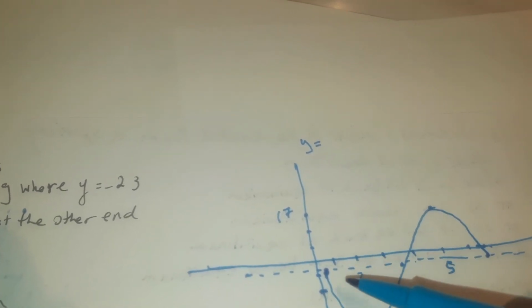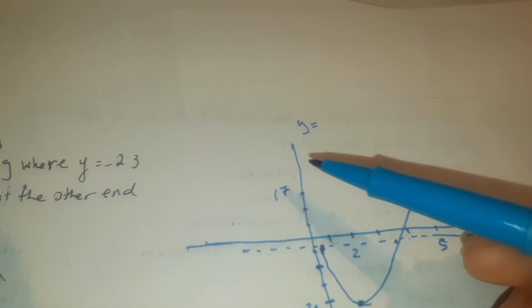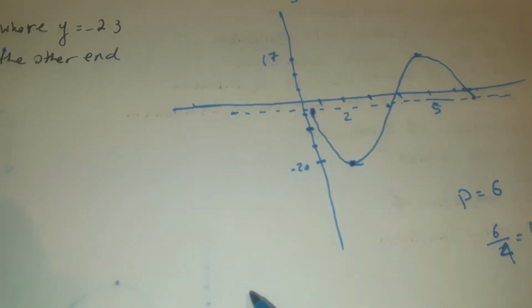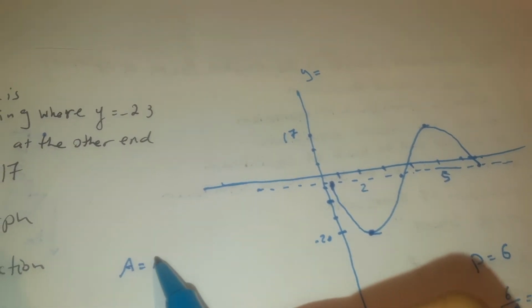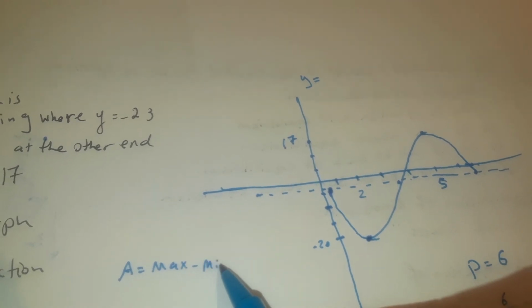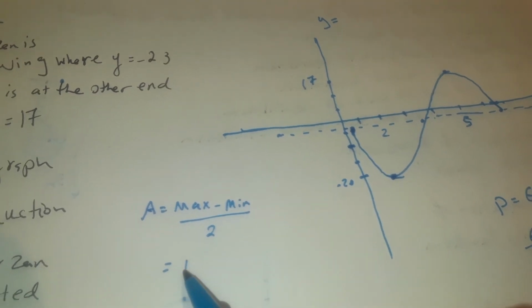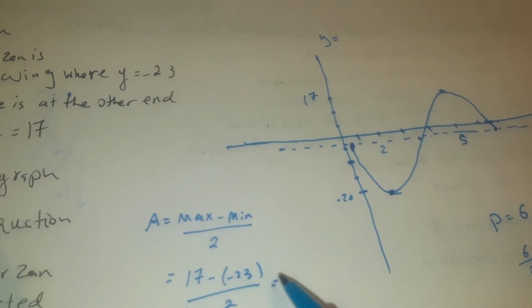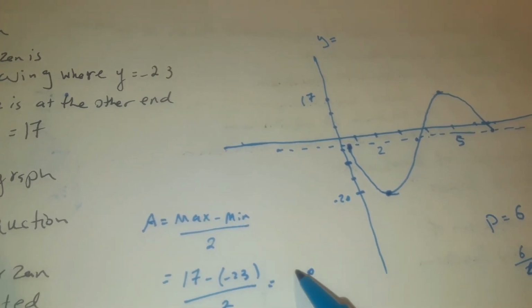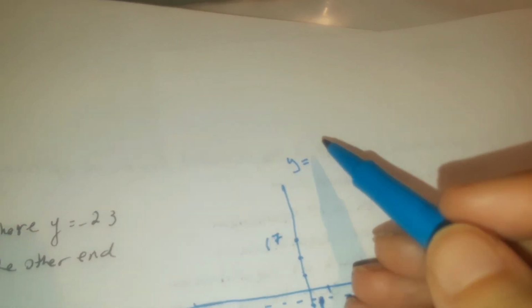Y is equal to, since this is the flip of the sign, and I know the amplitude. What is the amplitude? Again, a little notes here. Amplitude is equal to maximum minus the minimum divided by 2, half the distance from maximum to minimum. The maximum is 17 minus negative 23 divided by 2. It's 40 divided by 2, which is 20. So I know the amplitude is 20, but this is a flip of the sign. It's going to be negative 20